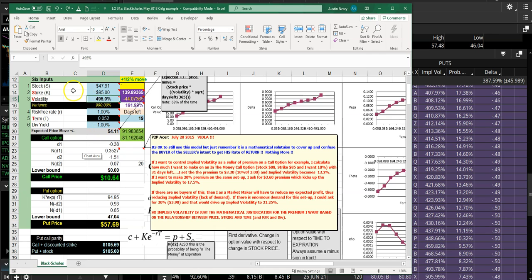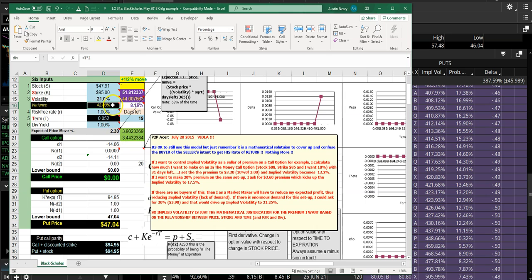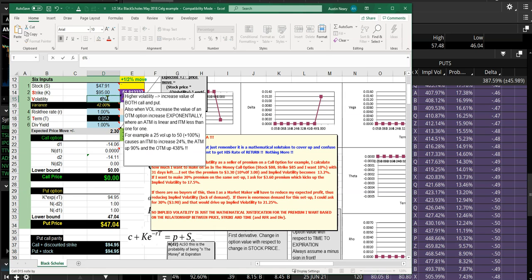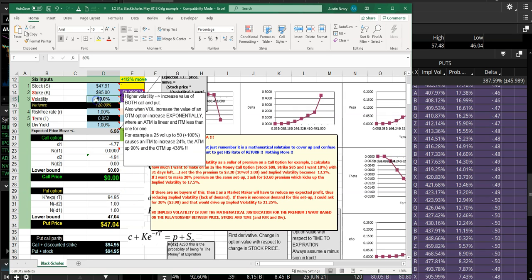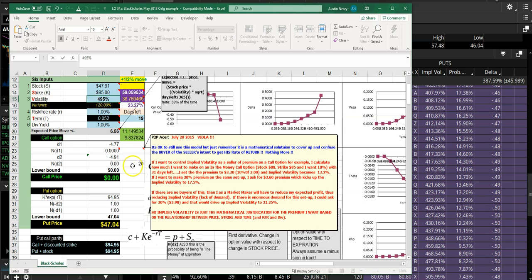The beauty of this would have been, and probably what you did the first time, is you probably bought it when volatility was, let's say you bought it here. Let's say you bought when volatility was at 50. You know what I'm saying. If you bought it with low volatility and the volatility shot up to 495, you're going to make a whole lot of money.